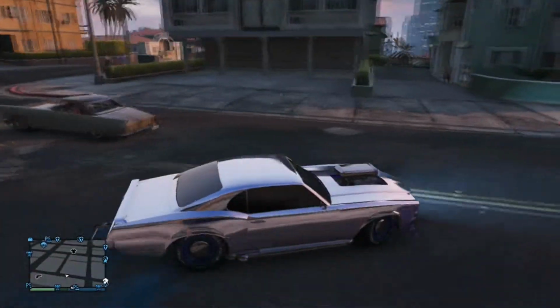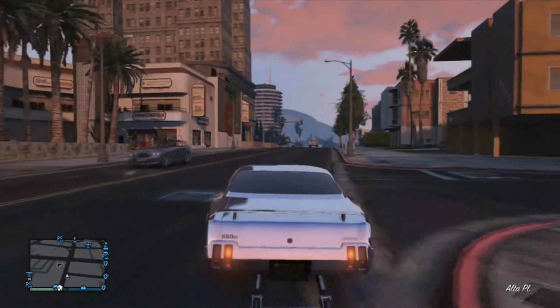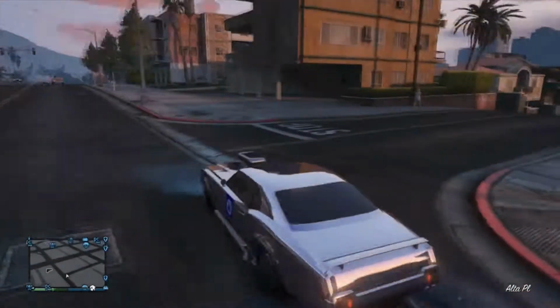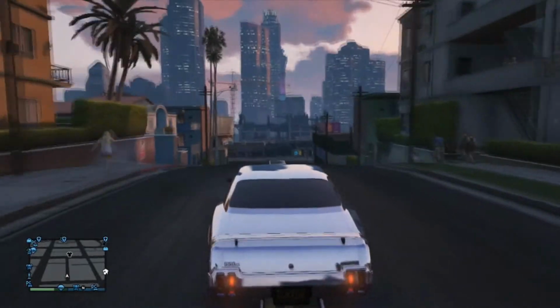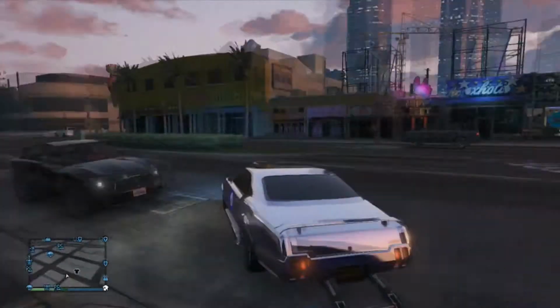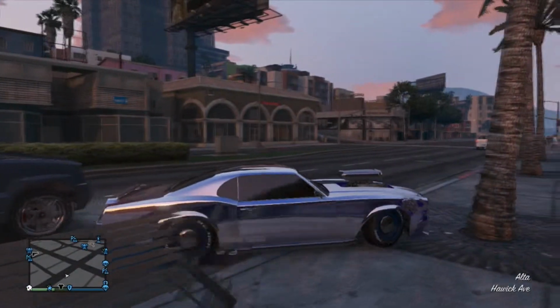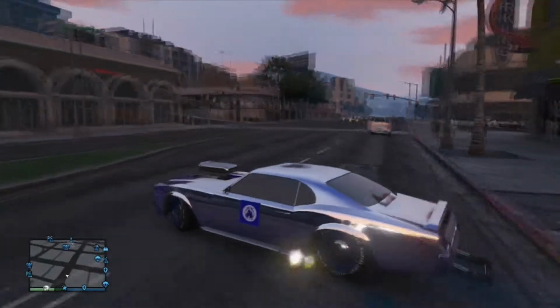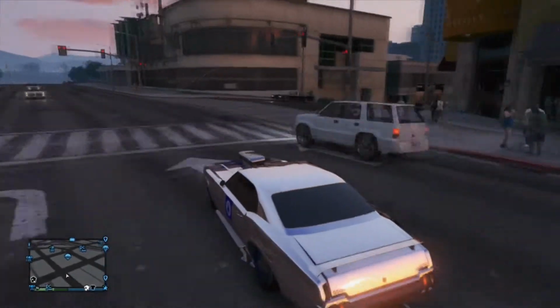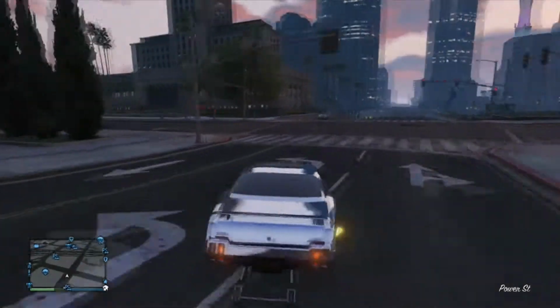Give you an example. When you first start out, most cars like to stay straight, but in this car, if you come from a stop, it takes a minute to get it to start going, and then after that, whenever you go to try to turn or anything like that, it swerves a lot. I'm sure if I put off-road tires or something like that, it wouldn't slide around so much, but I don't think that would look good on this car. So